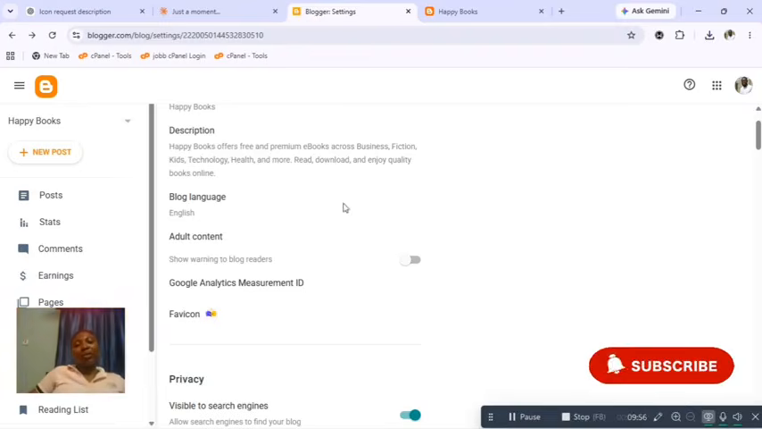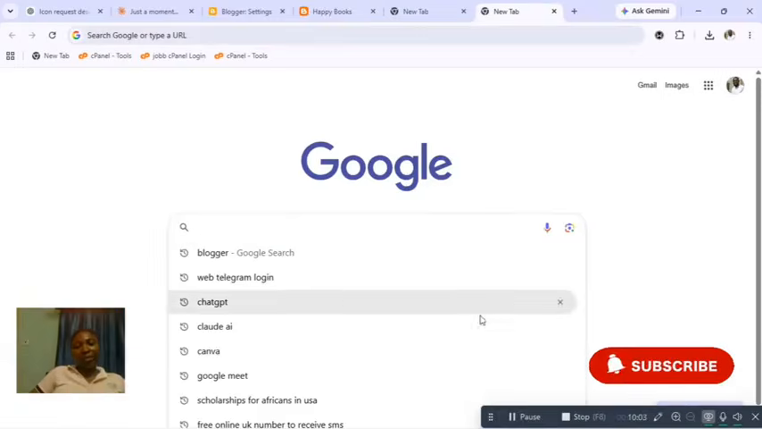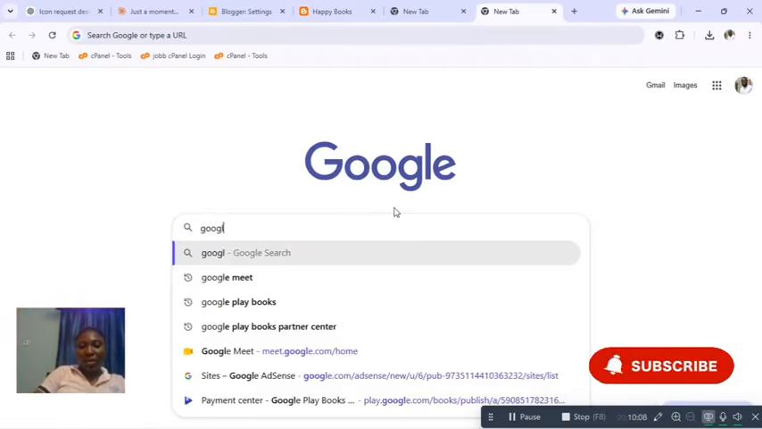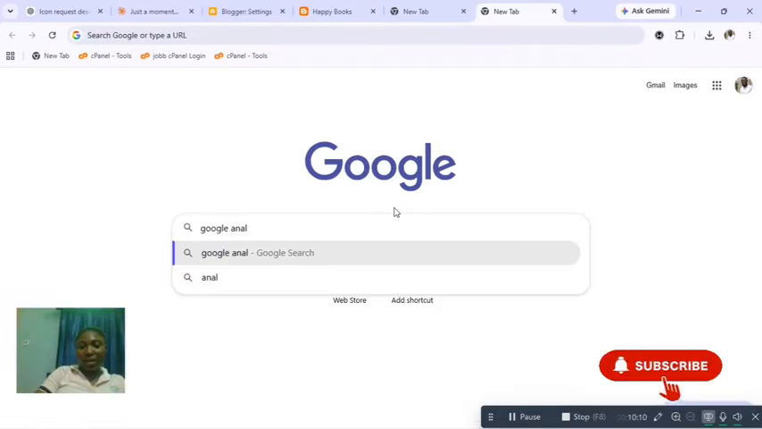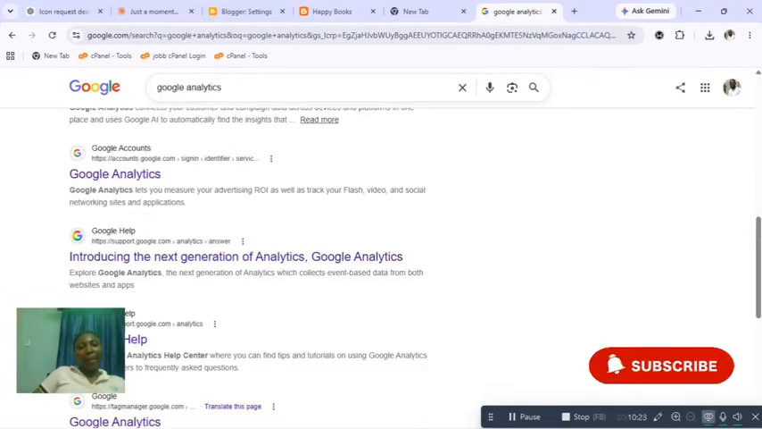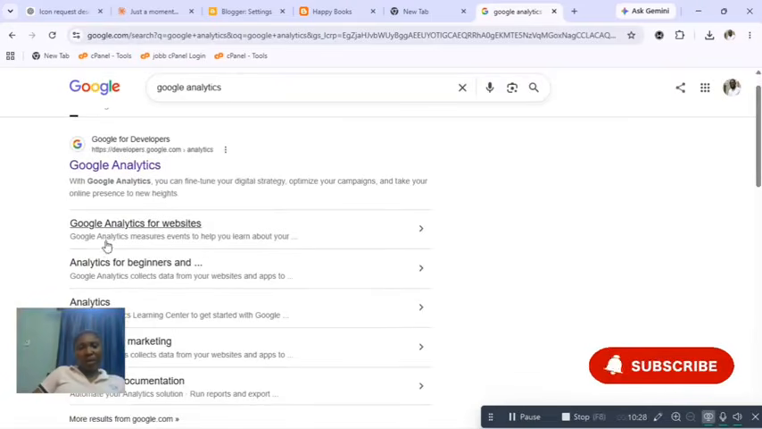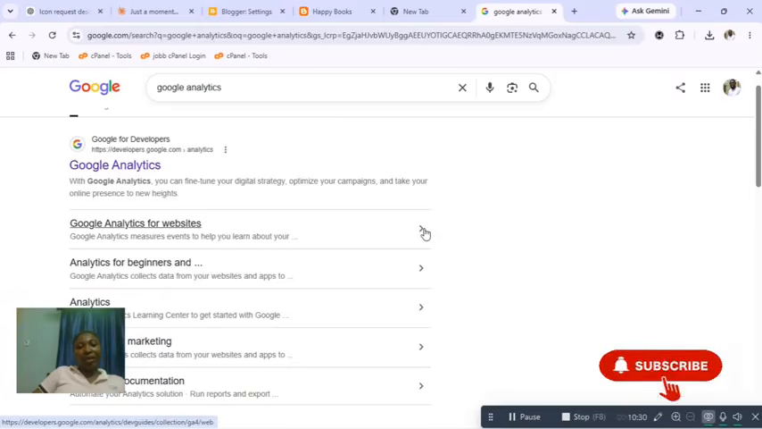So now we are going to open another tab and search for Google Analytics. So the first part of this Google Analytics is what we are going to choose. All right, so once we are there, you can see Google Analytics for website. So you click on it,